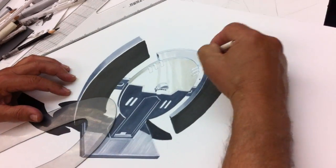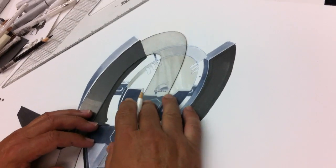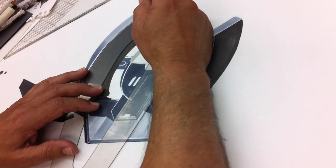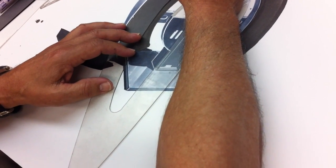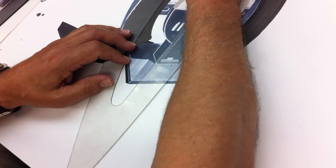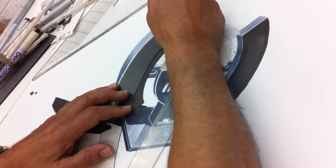You can even put a little highlight right along there. Okay, and I'll do the same thing on the other side. And what this also does is if I have little goobers or little indents in my material, I can go ahead and clean it up by just running. Since it's a stretched fabric, the...